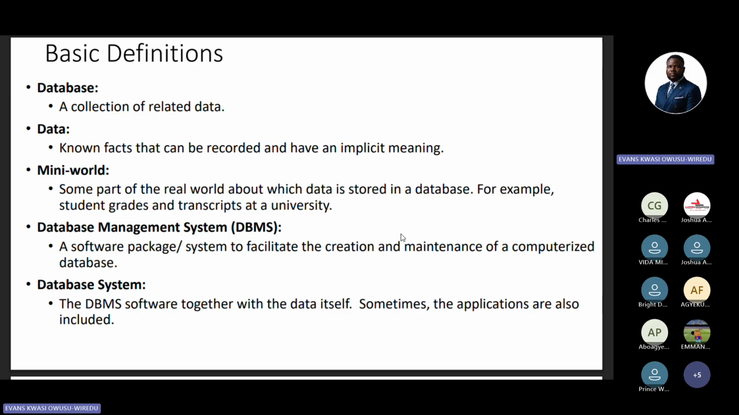Yes, Mr. Kote. The database designer. Any other person? I say the database developer. Okay, so both of you are correct in the sense that